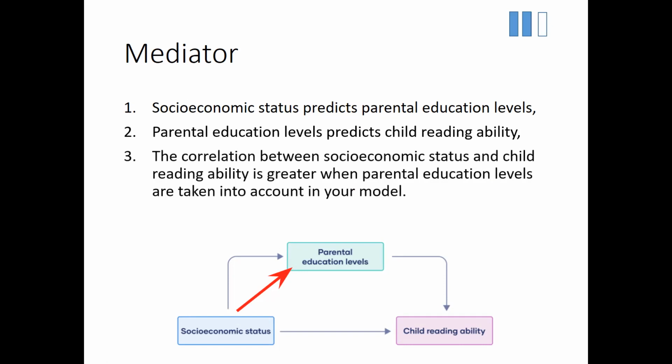Now, the correlation between socioeconomic status and a child's reading ability is actually greater when parental education levels are taken into account. Okay, so if we don't include parental education levels, our model is actually not really that strong, or maybe it's not as strong as it could be, because